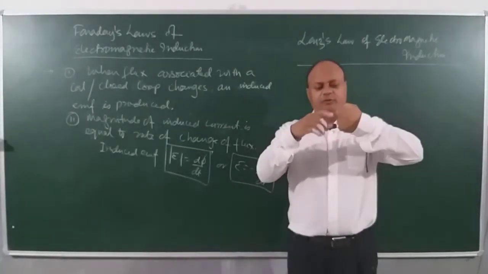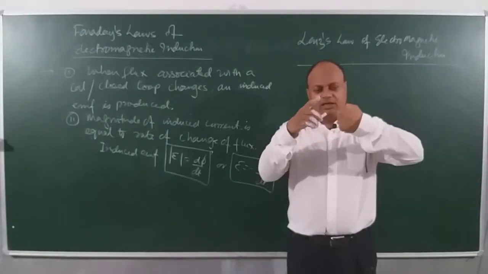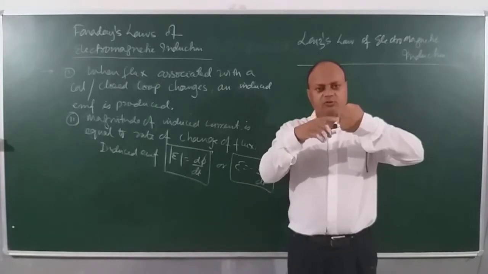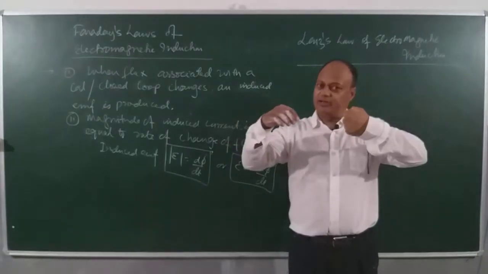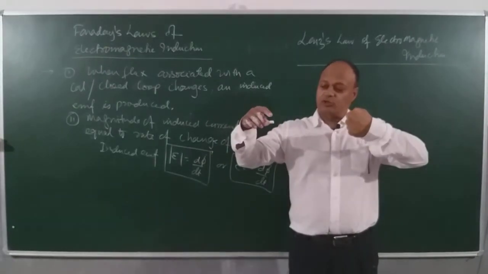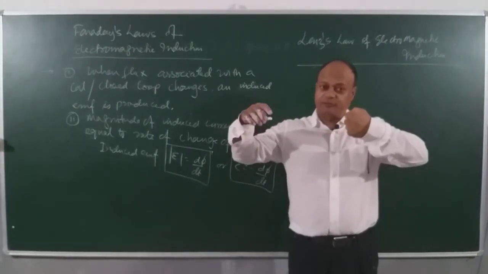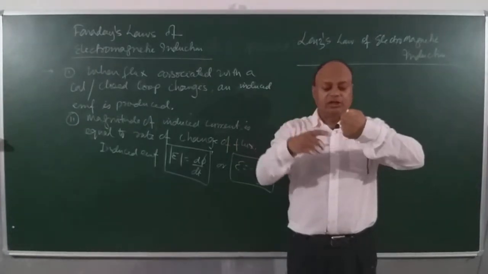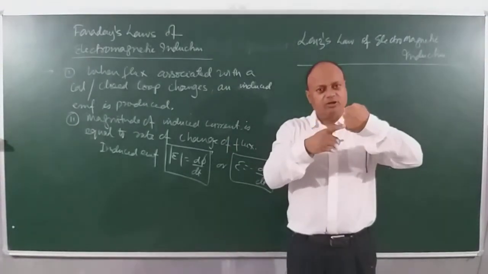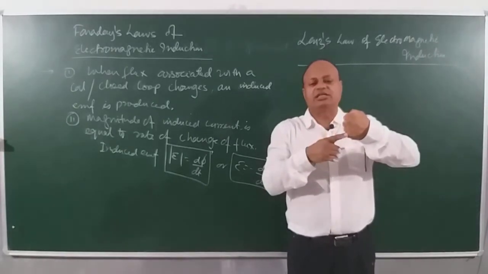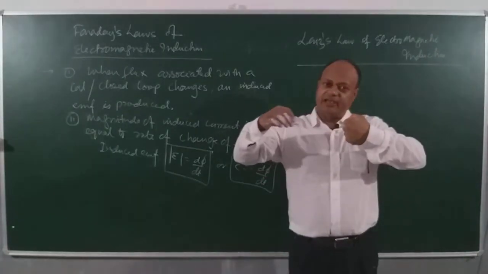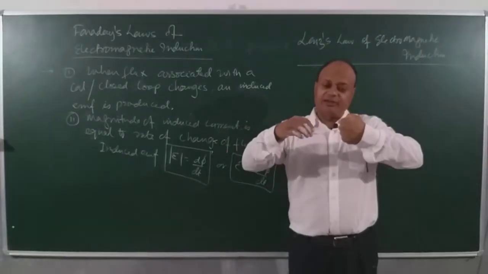So, the moment current is produced here in the coil, the coil will set up the direction of current in such a way that it can minimize the flux. It can minimize the flux only when it tries to stop the north pole from coming closer. That means this end will act like what pole? North pole. And if this has to act like a north pole, what will be the direction of current here? Anti-clockwise. And if I take it away, then again the flux is decreasing.